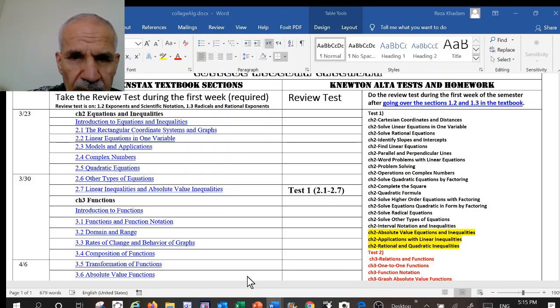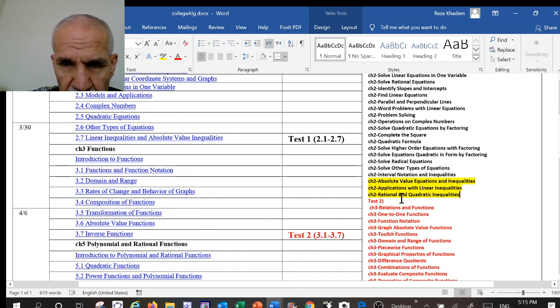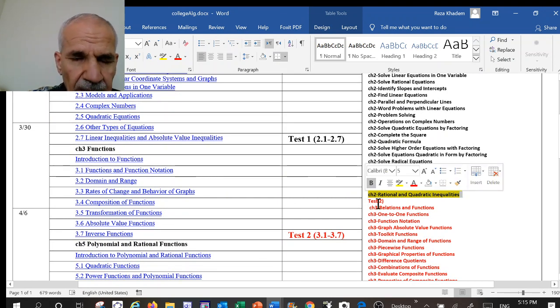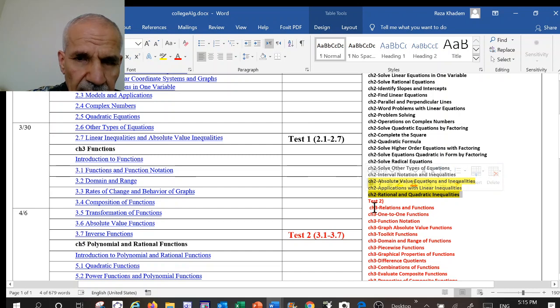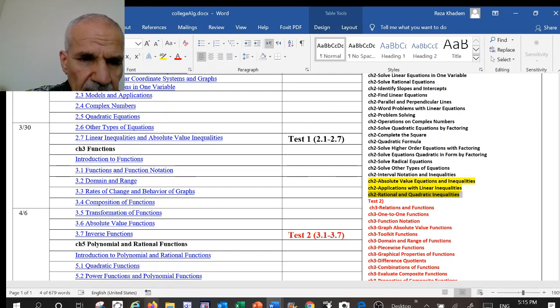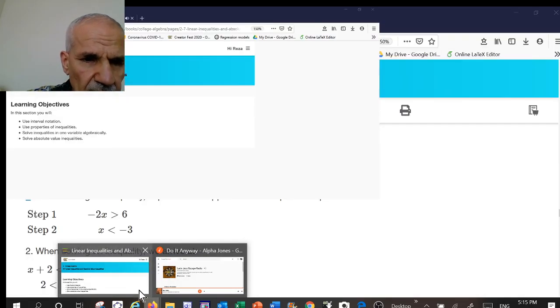Now, I did one more thing. I deleted one assignment, which is this last one right here, from the assignment, so you don't have to do the last one. And also I deleted it from the test 1, so you don't have to do that. Okay, all right, so let's continue,